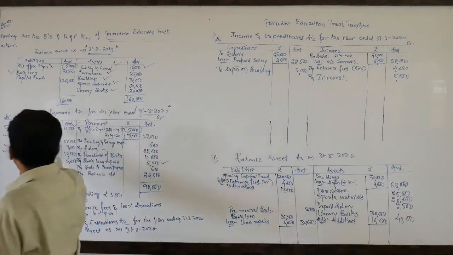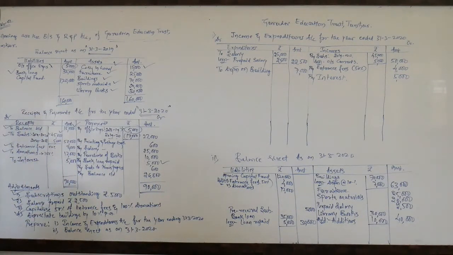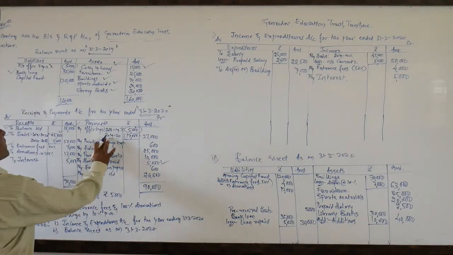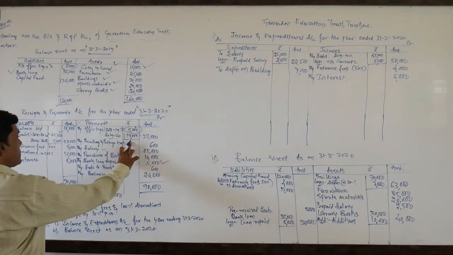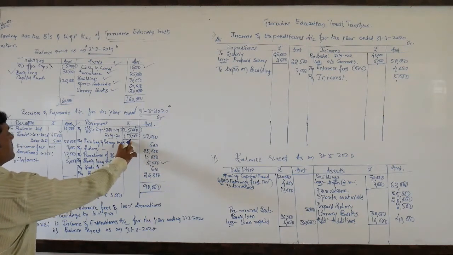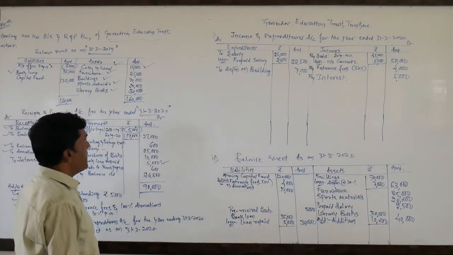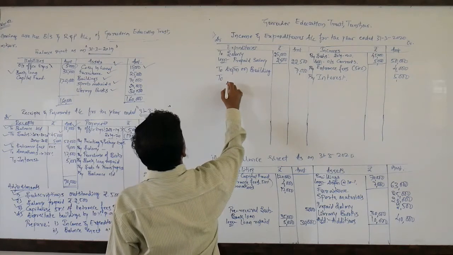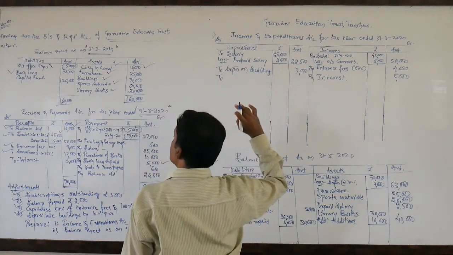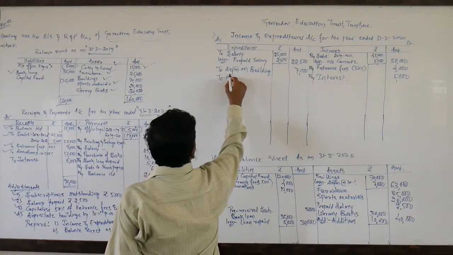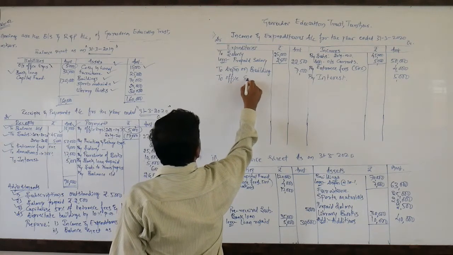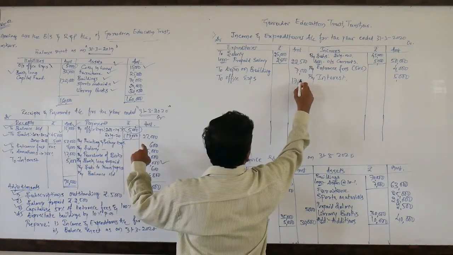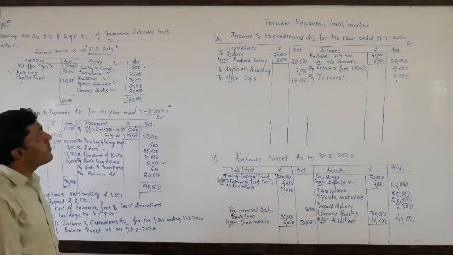After completion of the receipts side, come to the payment side. Look here, it has already become nil. Now the current year office expense is rupees 17,000. No adjustment on this. Office expense is a regular expenditure, so I am going to write it on the expenditure side of the income and expenditure account. Office expenses, amount is rupees 17,000. So directly I would like to write it in the outer column.